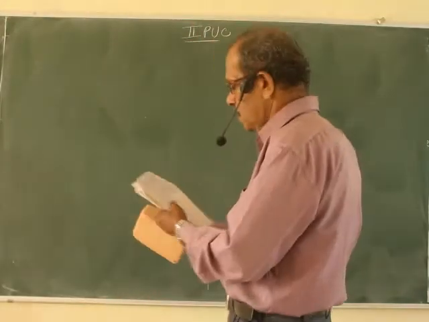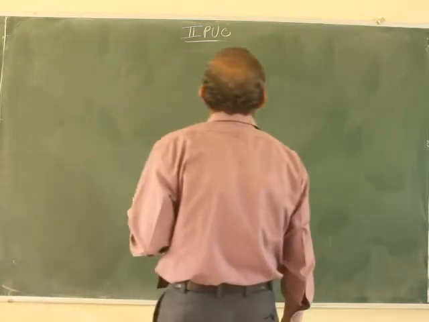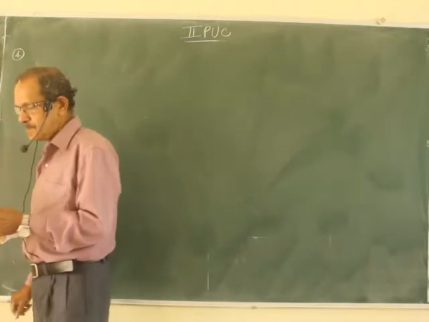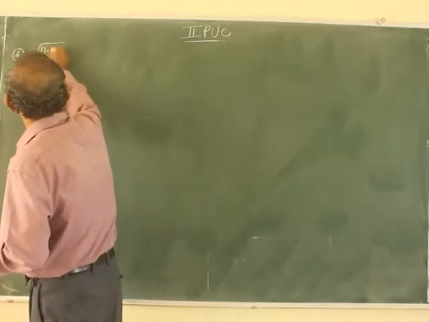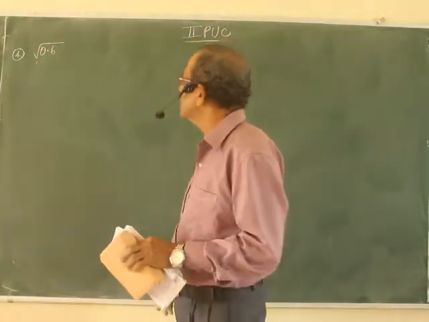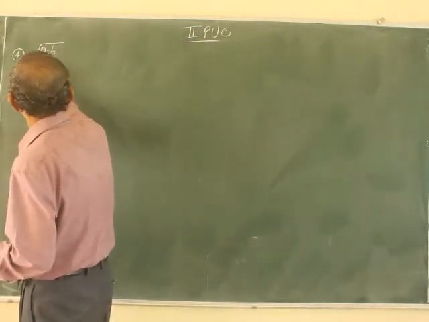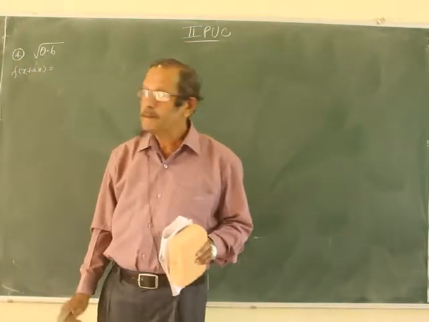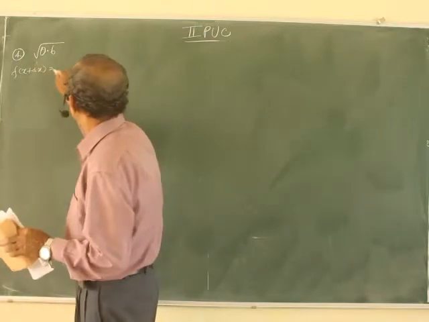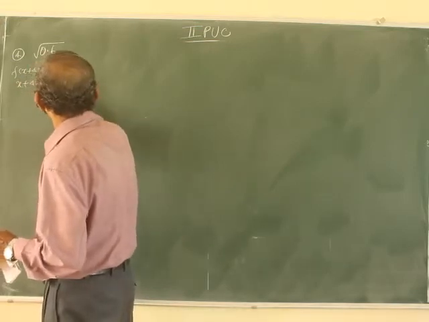Yes, let us continue. Another problem from the same exercise is problem number 3, the 4th one. Again square root of 0.6. Same formula. f of x plus delta x, you have to find. Approximate value means f of x plus delta x you have to find. That one itself is the root of 0.6. So x plus delta x is no doubt 0.6.